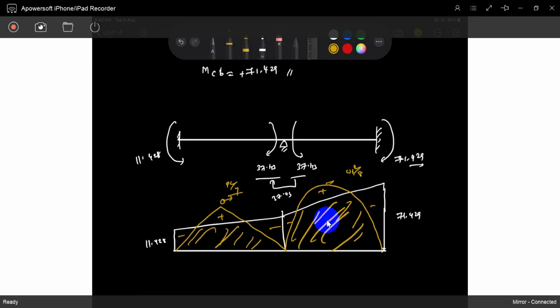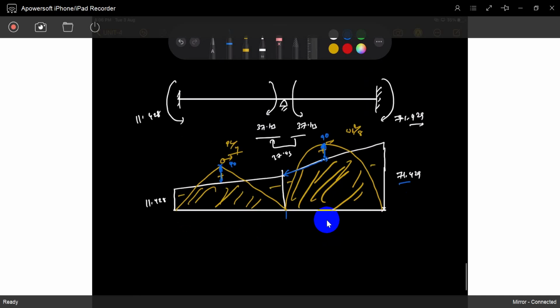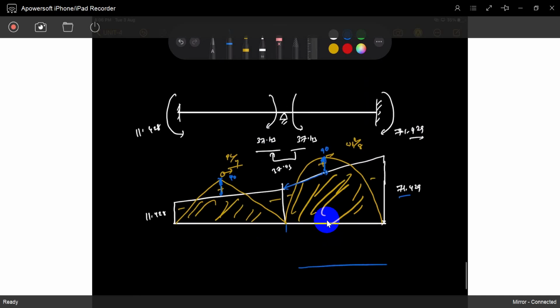So I will write down this value is 90. This value is 40. So you can easily find out how much the value is at the center. So this is 30, this is 71. So exactly at half, you can find how much it is. So the remaining is the moment. We already did the fixed end moments, everything we did. So that's it now. So later you can draw free body diagrams.